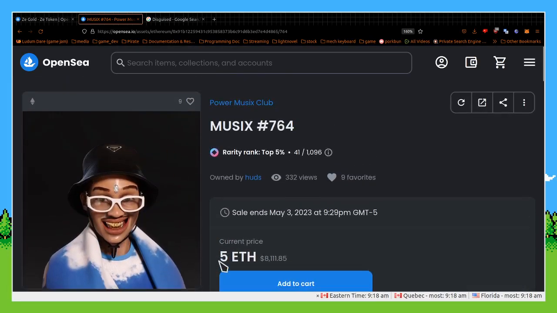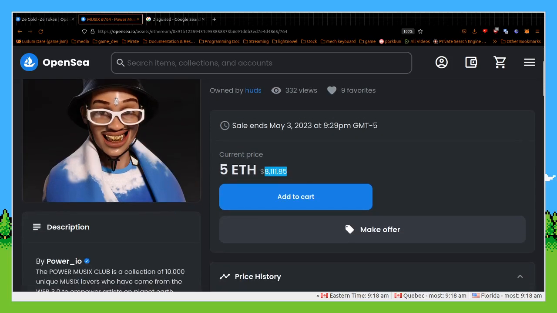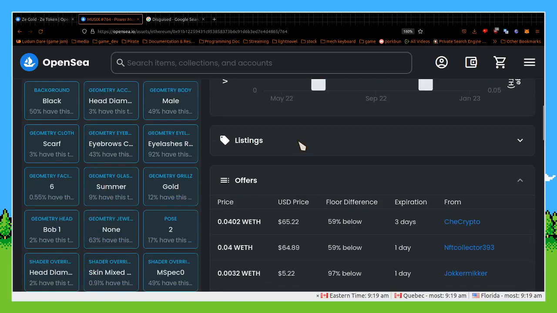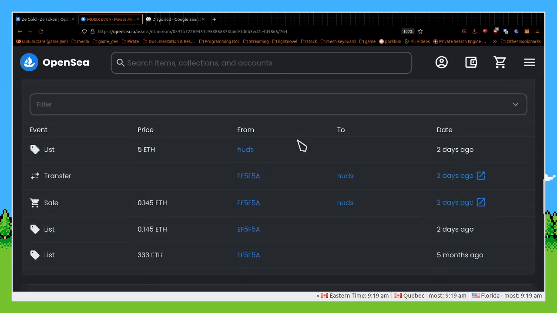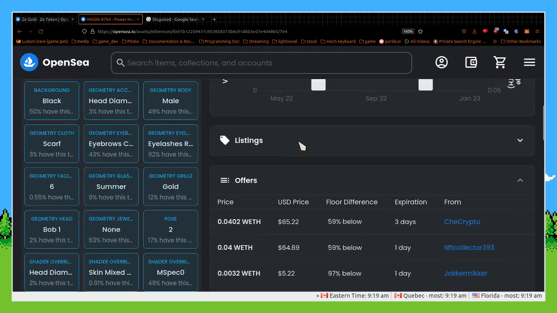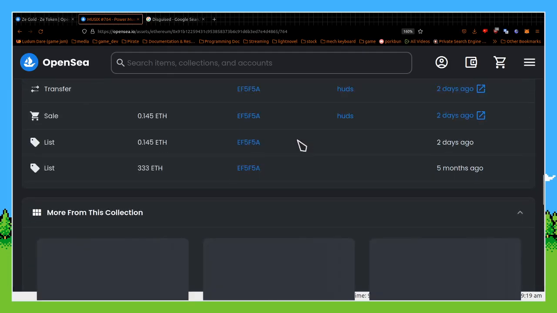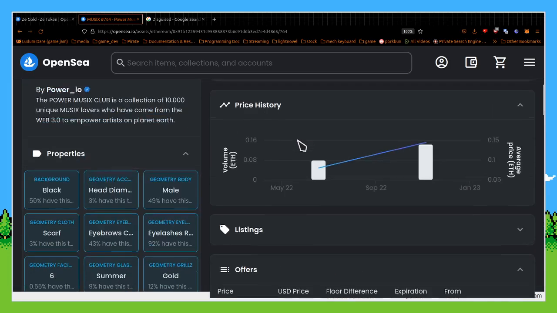I don't know, 5 Ethereum? It's $8,000 that he's trying to get for this ugly shit. Look at how ugly it is. Is it a competition of how ugly you can make something? Is that how NFTs work?